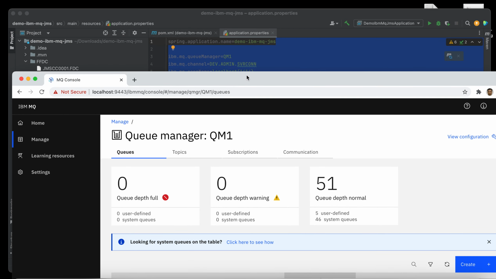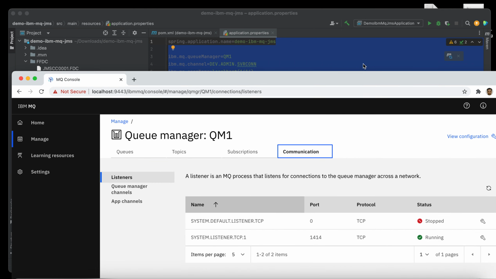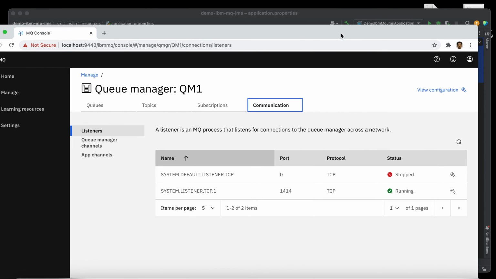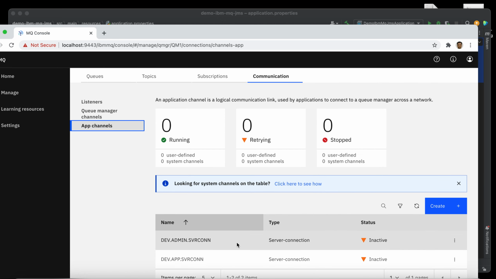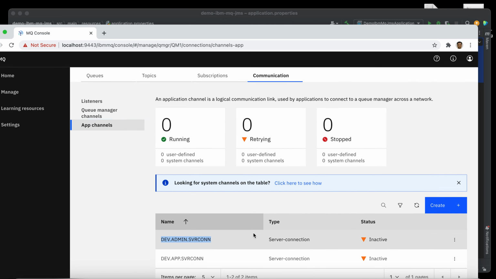Then for the channel, you go to communication, then go to application channels, and you will see this. You can select one. In our case, we will use the dev admin server con.